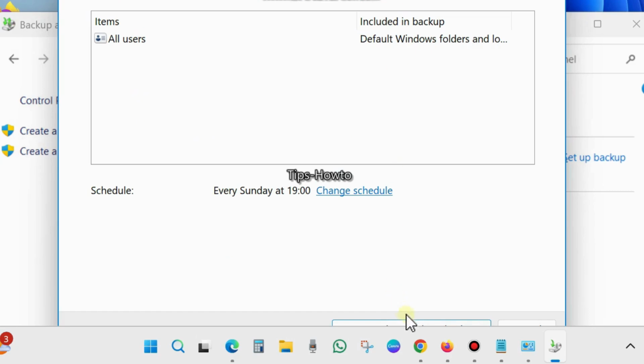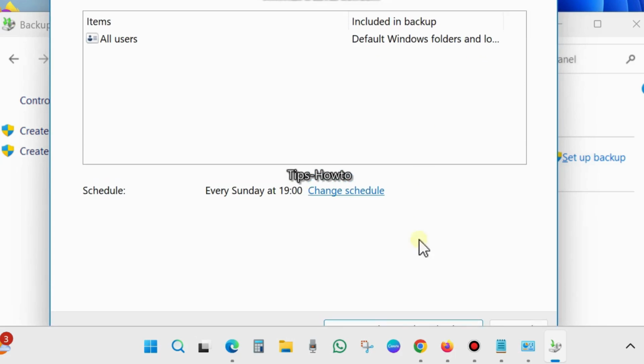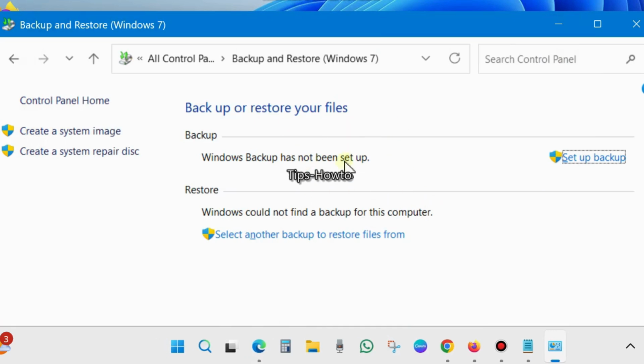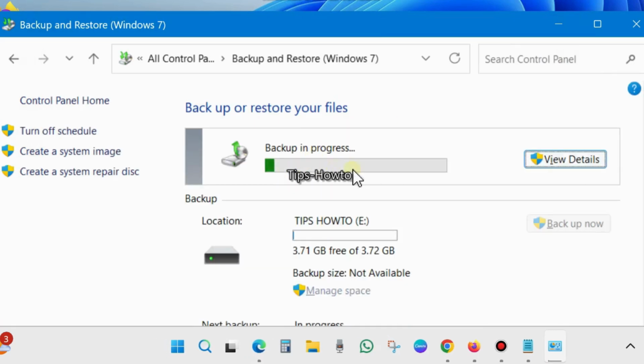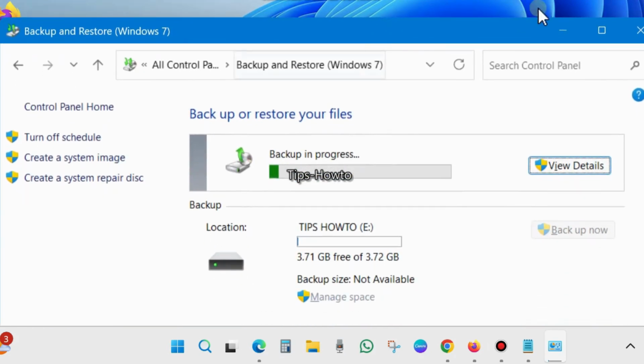Click on Save settings and run backup. Let Windows complete the backup process. Backup in progress. You will see this type of message and your backup will start. So you must insert a USB drive to take